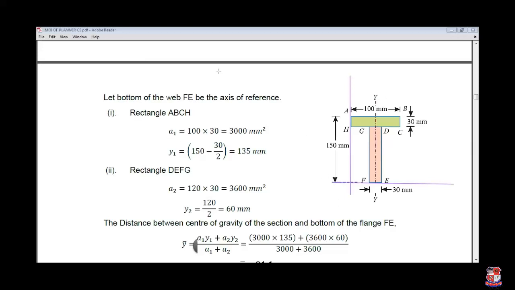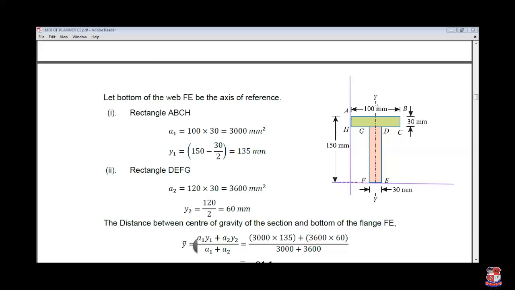Now, the shape is divided into two rectangular parts. There are different cases like that. You have to consider this as part 1 and this as part 2. They have given the labels A, B, C, H and G, D, E, F. You can take them as per your choice, it depends upon you. Now for each part you have to calculate. You directly find the x bar, and now you have to do the exercise for y bar.